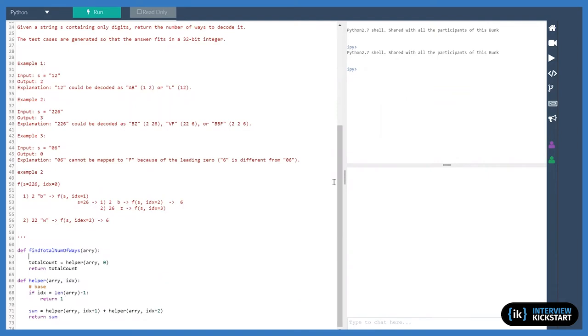So I can just handle the edge case here. What is the edge case? Well, I want to start, at least in the helper function, with the array having a size of 2, because if the array size is 1,